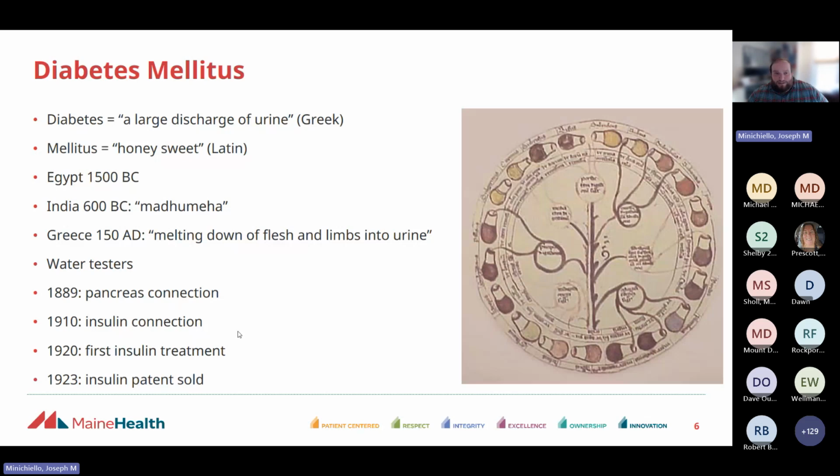1920 was the first time that insulin was isolated and then used as a treatment for folks with diabetes. And then in 1923 is when the insulin patent was sold. And these were three guys with the last names Banting, Best, and McLeod. And from the history book piece, just for a nominal symbolic fee, they sold the patent for insulin for a